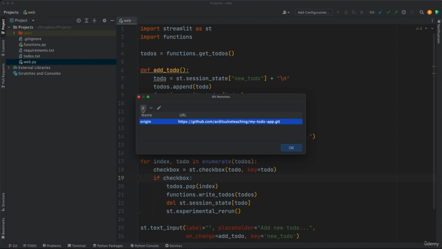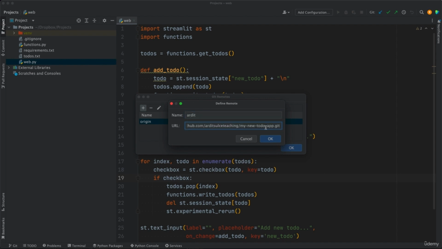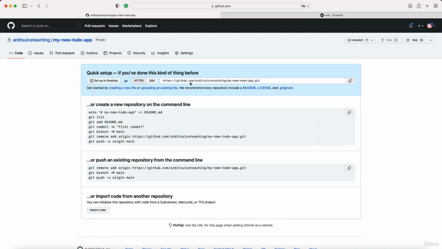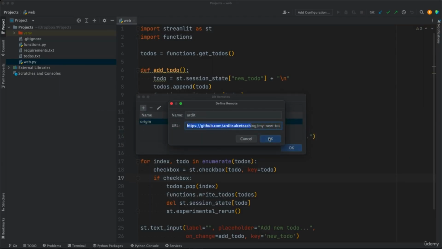So you want to add a new repository which is part of your own GitHub account. As the name, you can place here anything you want, for example your name, and then the URL goes the repository I just copied when I just created this new repository on my account. So press OK,